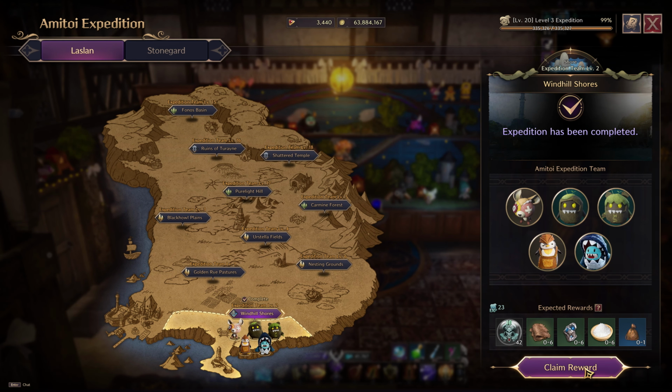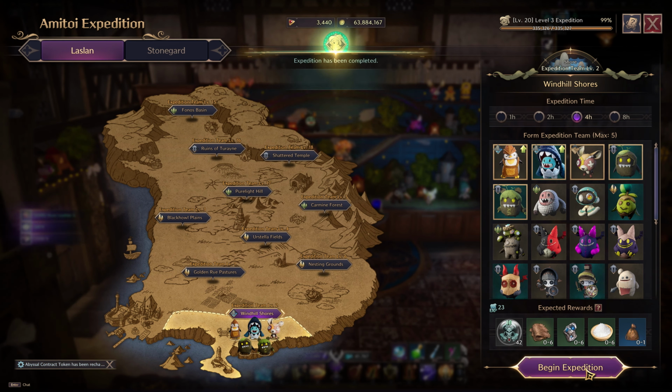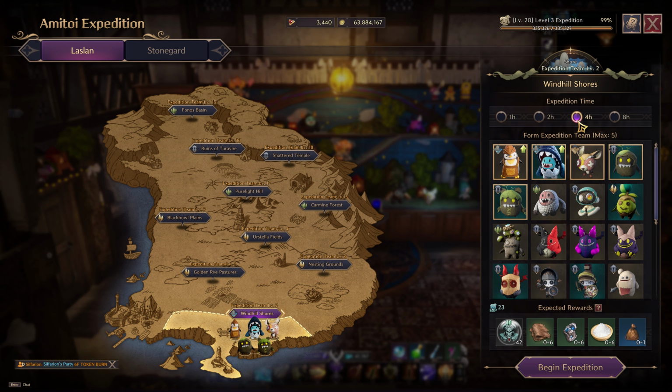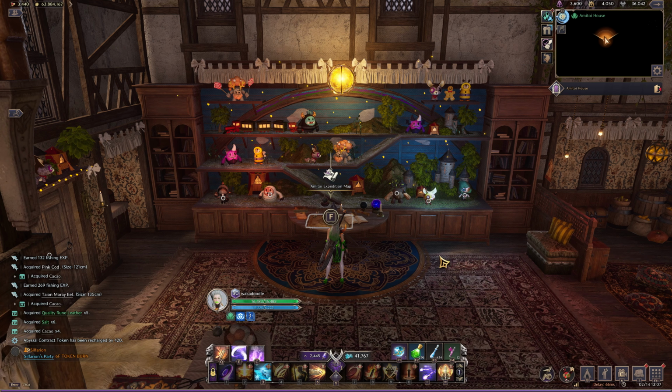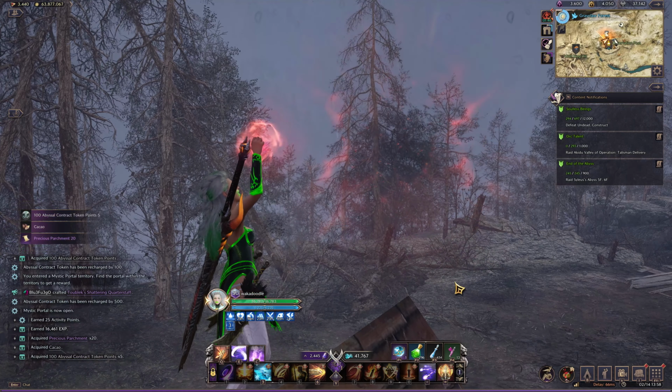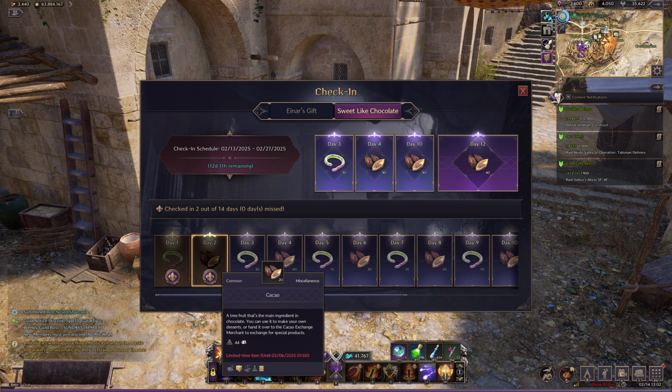On top of that, when you do your Amatoy expeditions, they will supply you with cocoa. It's 1 per hour. So if you're sending them on a 1-hour expedition, you're going to get 1. If you're sending them on an 8-hour expedition, you're going to get 8. These are also popping up when you're opening the mystic orbs and portals as well,